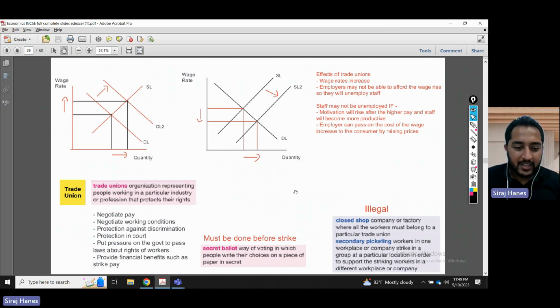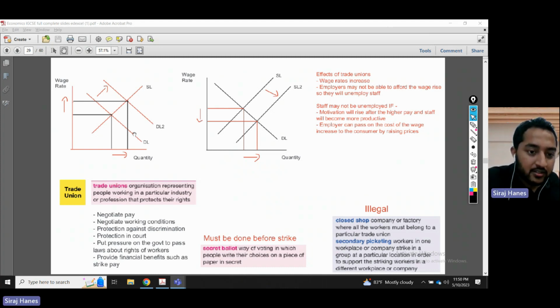So discrimination by age or any of the other ways, or even by gender, or even by color of your skin. There's so many forms of discrimination that can happen. So trade unions will protect you from that. If you are sued and you go to court or something, trade union will protect you from that. The trade union will force the government to try to pass labor laws so there's more rights for workers. They can also provide special benefits like strike pay. They say, let's all go on strike. And they ask for strike pay. They give you pay until you go on strike. When you go on strike, you won't get money, yeah? So here they give you strike pay.